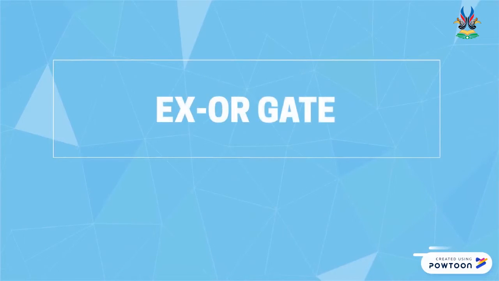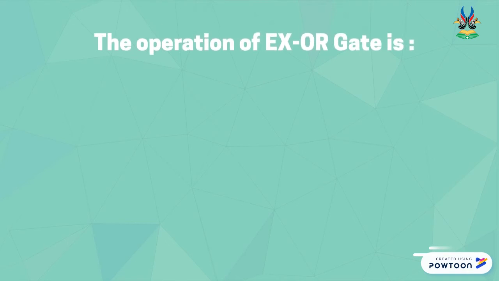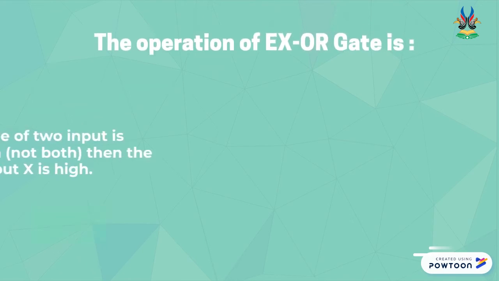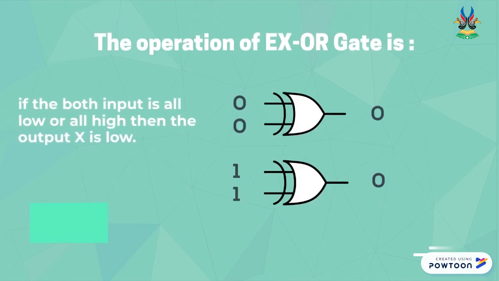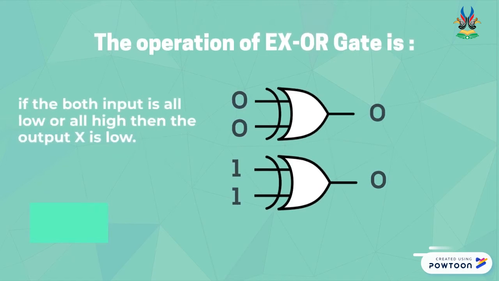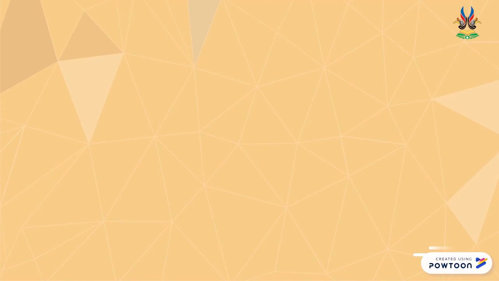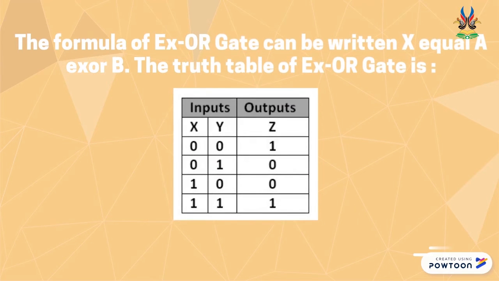Sixth, the XOR gate. XOR is short for exclusive OR. The operation of the XOR gate is: first, if one of the two inputs is high, not both, then the output X is high. Second, if both inputs are all low or all high, then the output X is low. The formula of the XOR gate can be written X equals A XOR B. The truth table of the XOR gate is